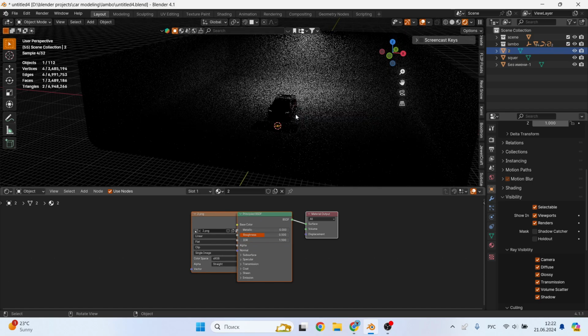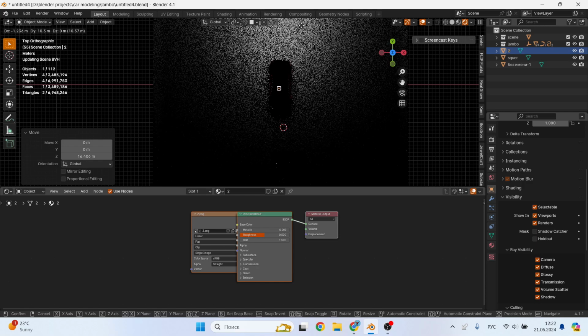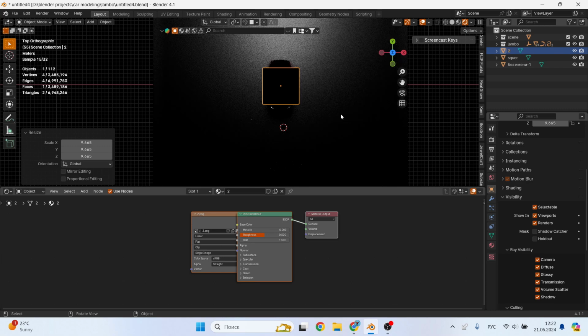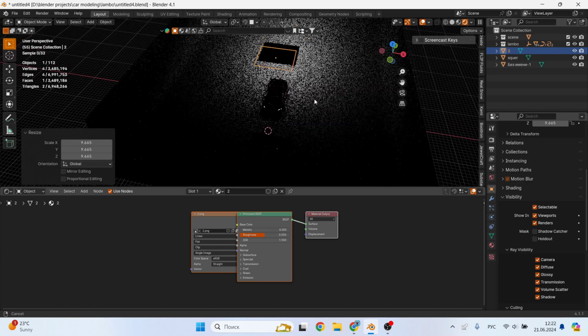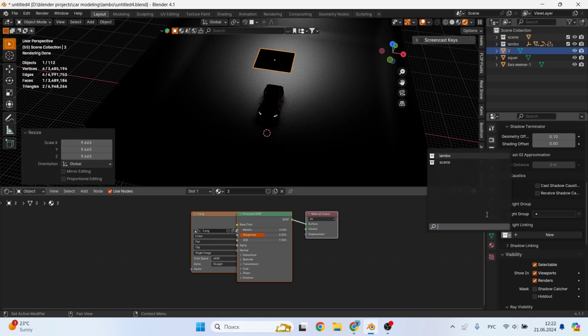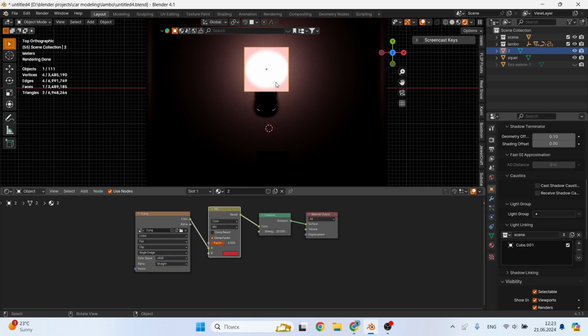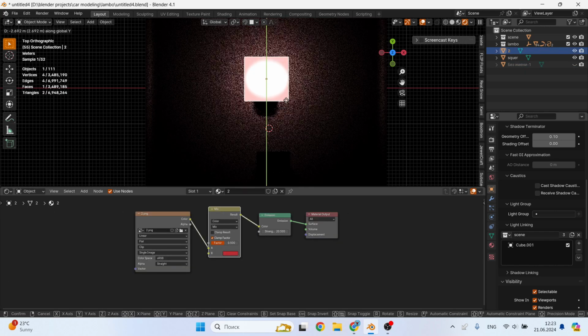Then you need to take another light panel in which a circular gradient is configured and place it above the car and repeat, in principle, the same procedure with the object settings. The task of this panel is to highlight the place where it will be located but not to shine on it, that is, you need to scale it so that it is wider than the car and can illuminate the plane around the car.